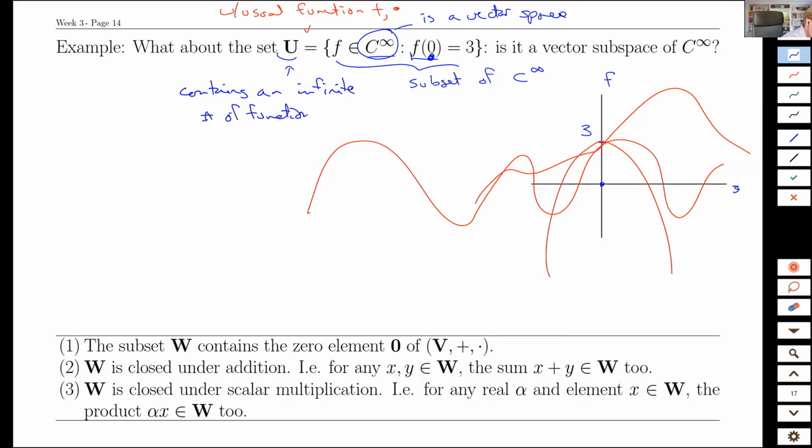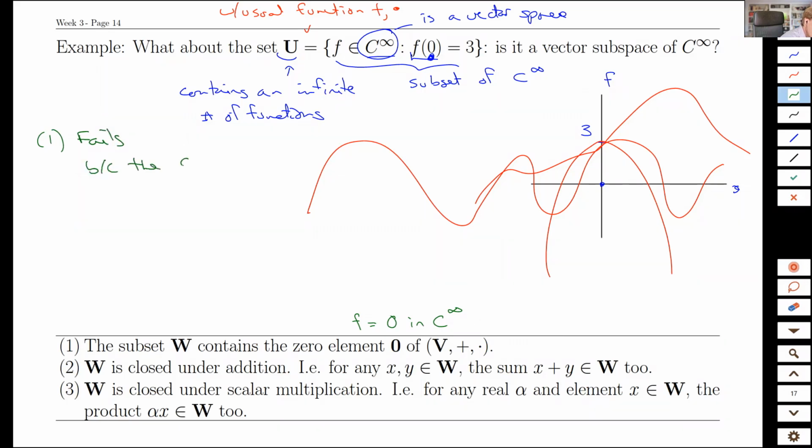All right, so it's big. Is it a vector subspace, though? Well, I'm hoping when you look at this list down here that you're thinking, no, just even looking at that first item: does the 0 element of my set, the 0 vector in C infinity, belong? Well, it's not really a vector. If we're talking functions, we don't usually call it a vector, but this is our function f equals 0. Is that in the set? No. So 1 fails